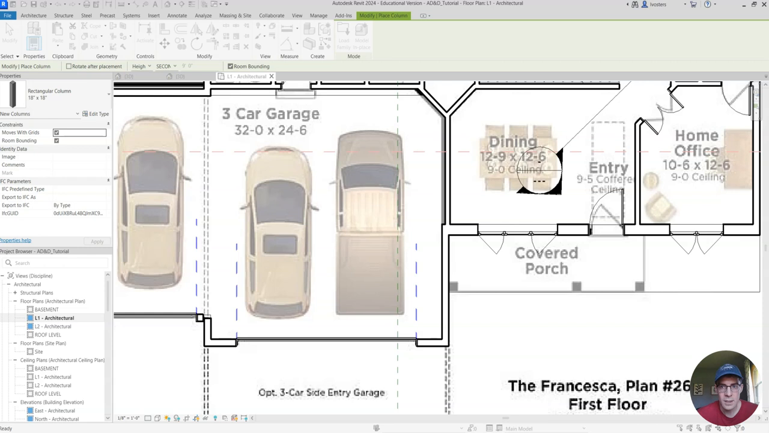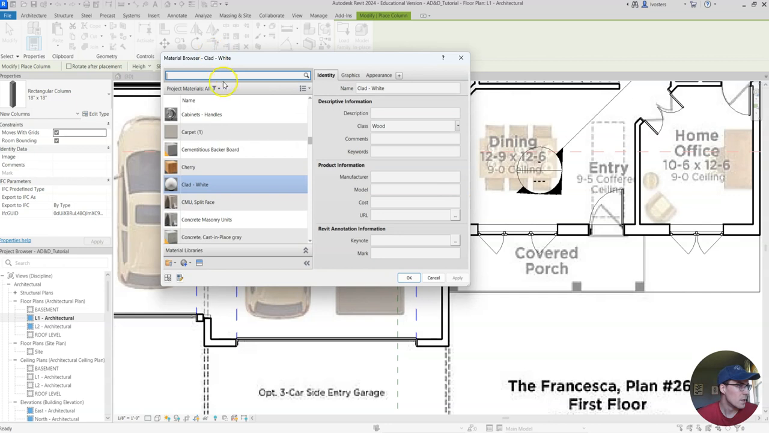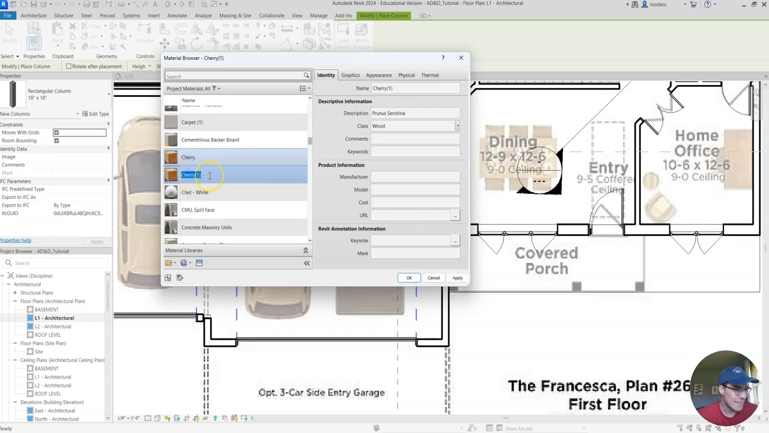So I'm going to duplicate the type. Let's just rename this 12 inches by 12 inches. Click OK. And then we're going to change the depth to 1 foot. And we'll change the width to 1 foot. And now we just need to add a material to this. This is going to be wood. So we can just pick any wood. We'll just choose cherry. And then I'm going to duplicate material and assets, and I'm going to call this black